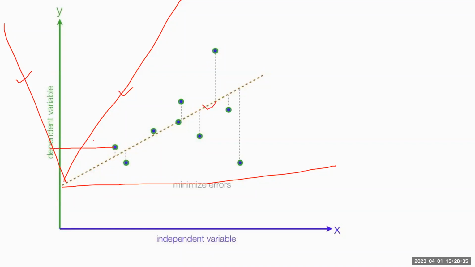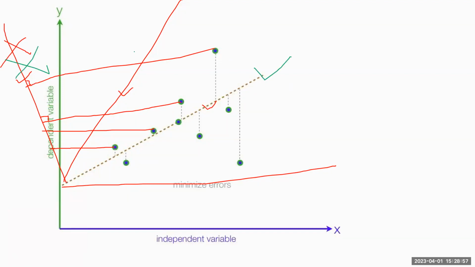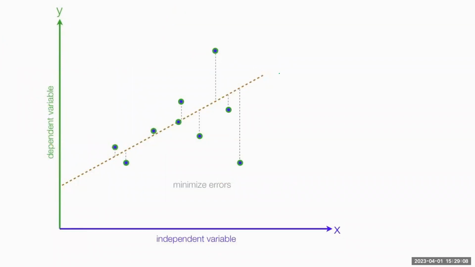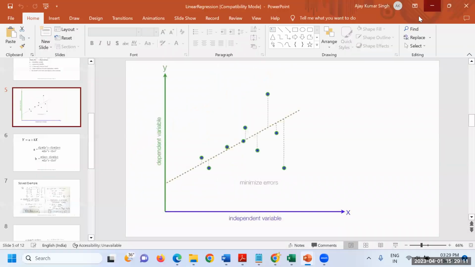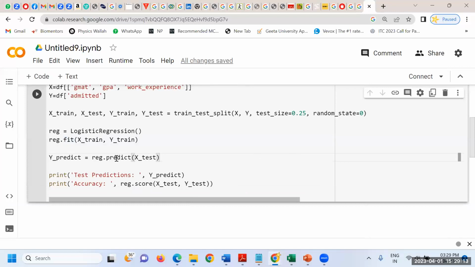Because if you calculate the perpendicular distance of this line, that is the shortest distance, it will be very high. That's why we are not taking this line. We are taking only this line, and we are discarding this line because its error is very high. We are supposed to take the line which gives minimum error. So I think we are getting it. That's why I have taken this one.